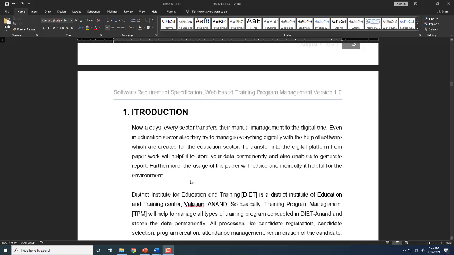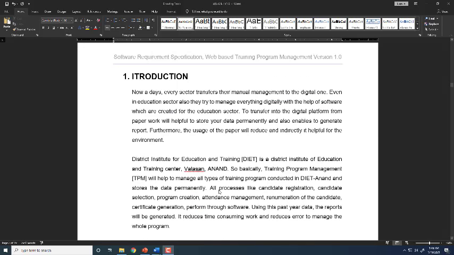So as I discussed, as and when required, you can include or omit certain things in this SRS. But the SRS document has to be such a way that if I give it to any developer or any users, they can understand each and every aspect of what is written in the document. If it is given to the developer, he can straight away start developing, and if it is given to customer, he can understand what the product will do. That has to be stated in software requirement specification. So this introduction is given.